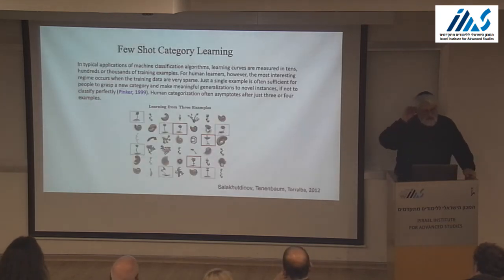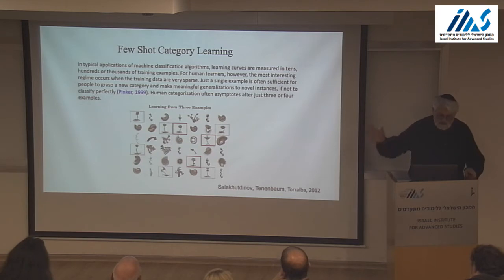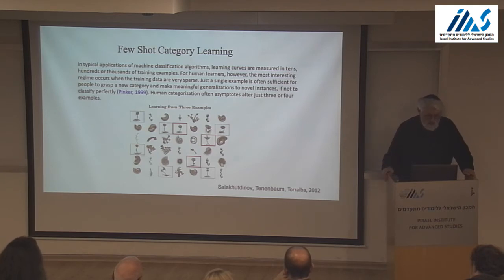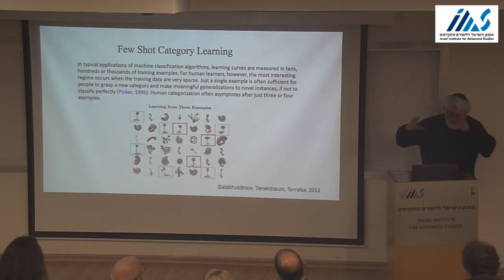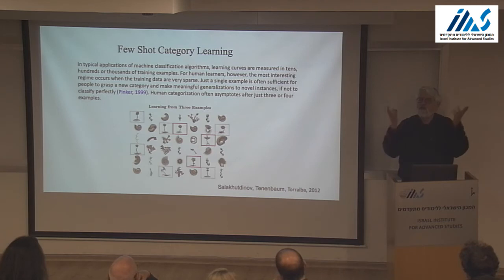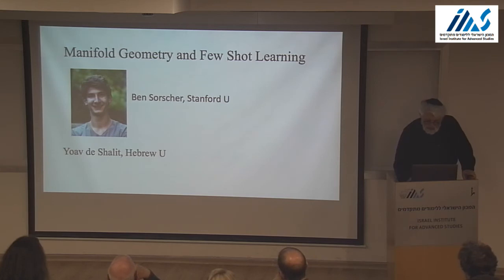This is actually an interesting and hot topic today in cognitive science and machine learning. It's called few-shot category learning, advertised, popularized and emphasized by Josh Tenenbaum and his group and others. Basically, you can show a human a new object or new items from a new language, never seen before. You just show 4 instances, and then they can generalize to other instances without any problem. And machines are not so. You have to show many, many examples until they form a concept of an object. So we went back and asked, this is work with Ben Sorcher and Yoav Shalit,